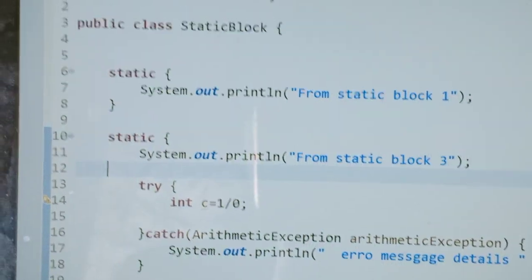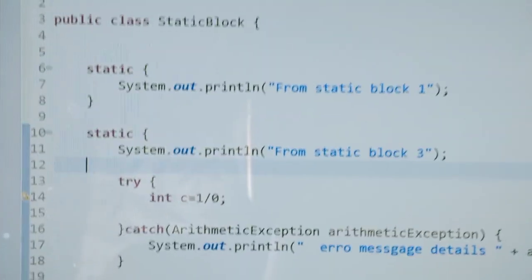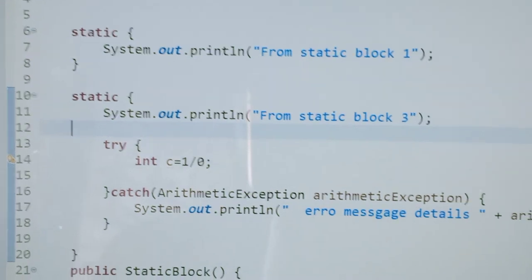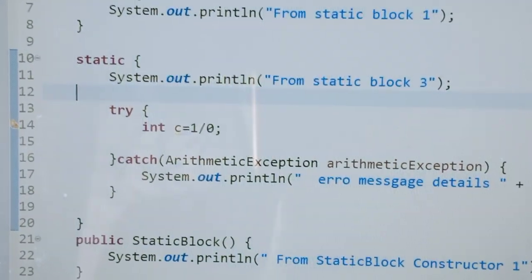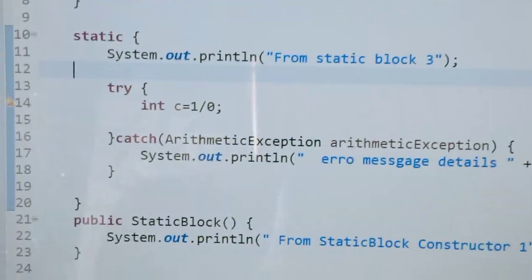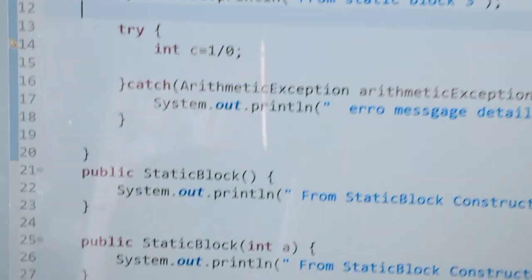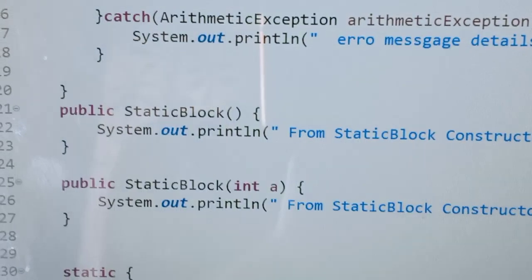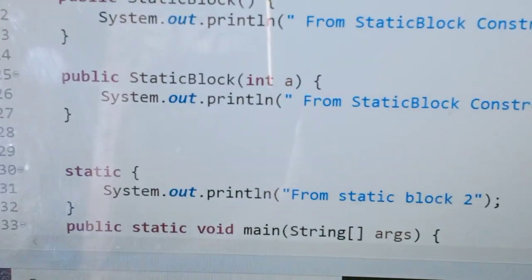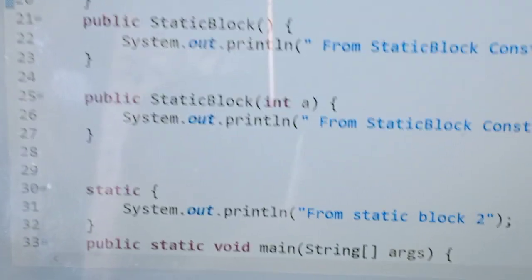I'm defining the StaticBlock class, and defining static block 1, and in the second static block I'm handling the exception. Again I'm defining a constructor, and here a constructor with a parameter, and the third static block, and the public static void main.